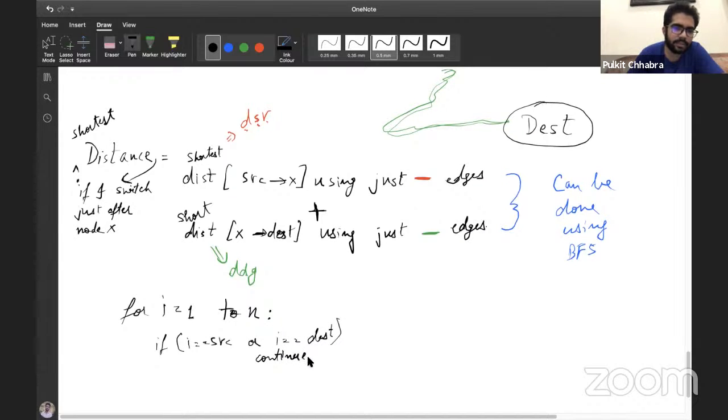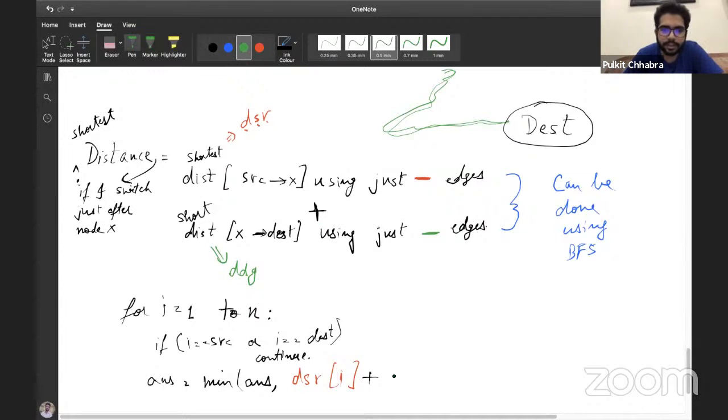But in general, answer equal to min of answer comma DSR of I plus DDG of I. Right, I hope it makes sense.